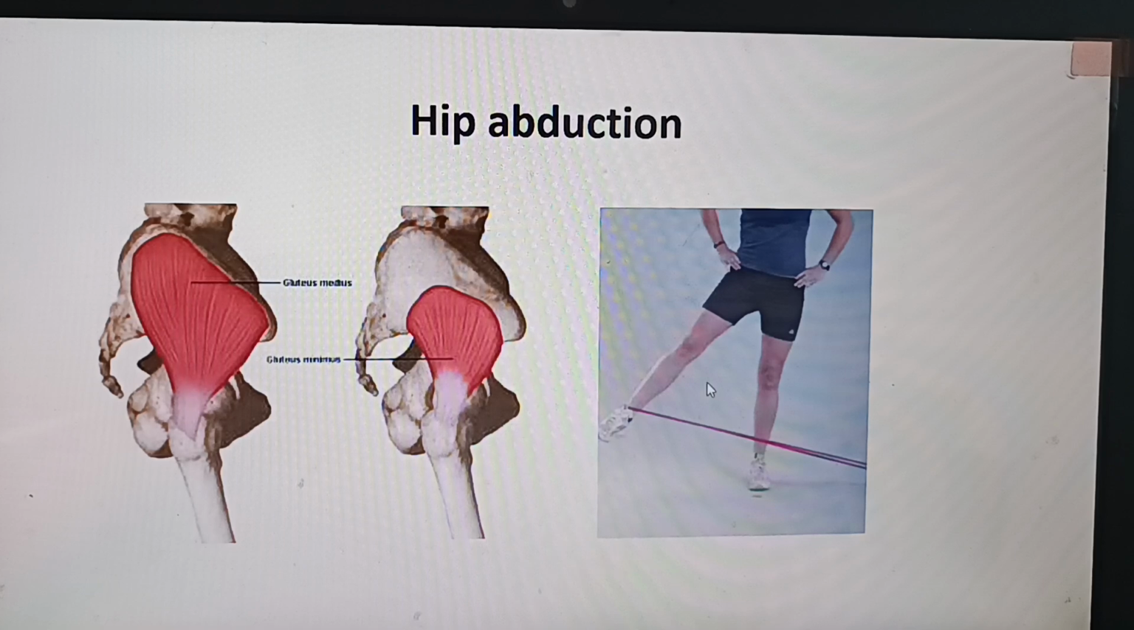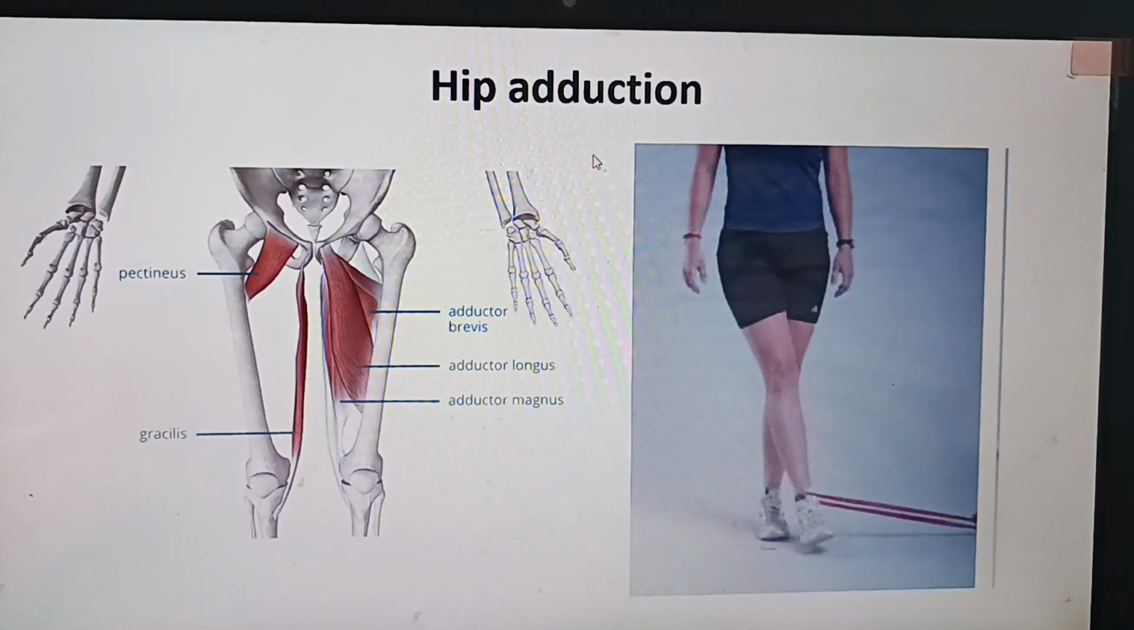a contraction will cause abduction. As you can see, the abduction of the hip joint here. The contraction of the gluteus minimus and medius will cause an abduction of the hip joint like this. Okay. Next is adduction. Now you can see the group of muscles called adductors arising from the